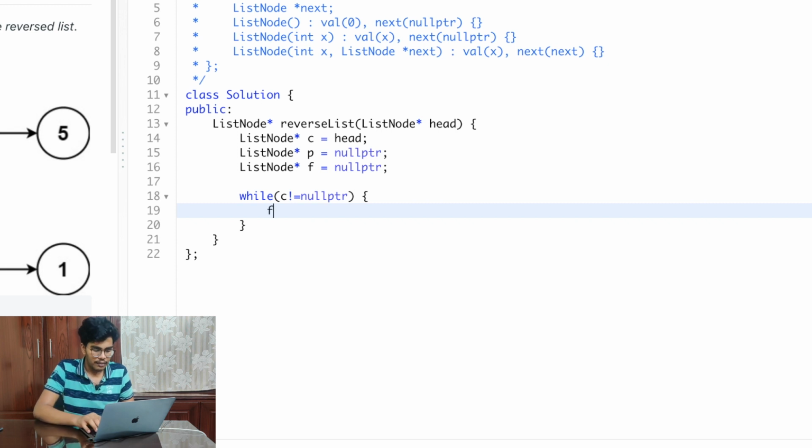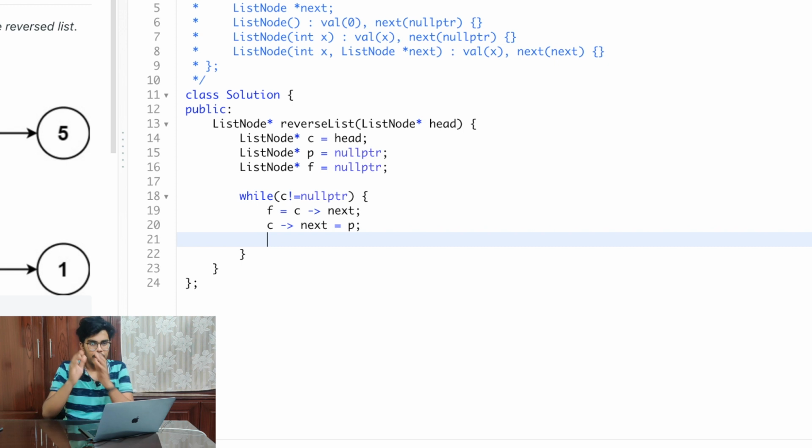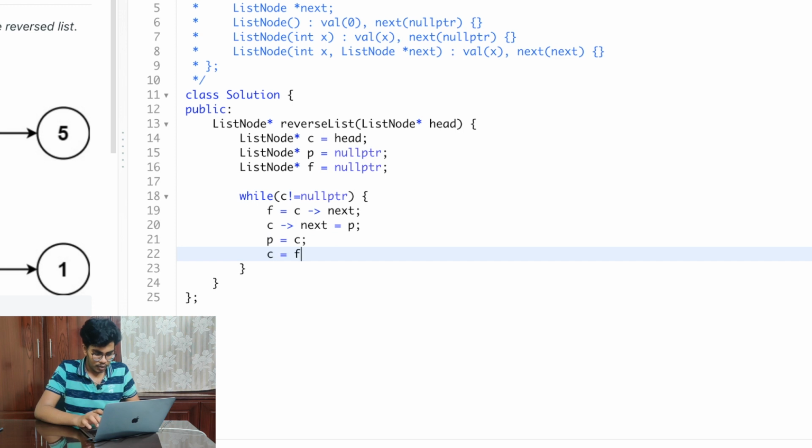And the first thing that we have to do inside a loop is we have to assign forward with c.next, right? So the next pointer pertaining to current will be assigned to forward, and then we have to change the link c.next equal to previous. So we have to connect the current to the previous one, and then now we have to change the links, that is previous equal to current and current equal to forward.